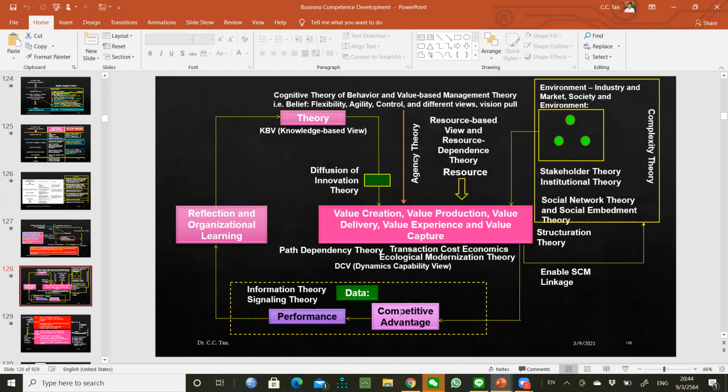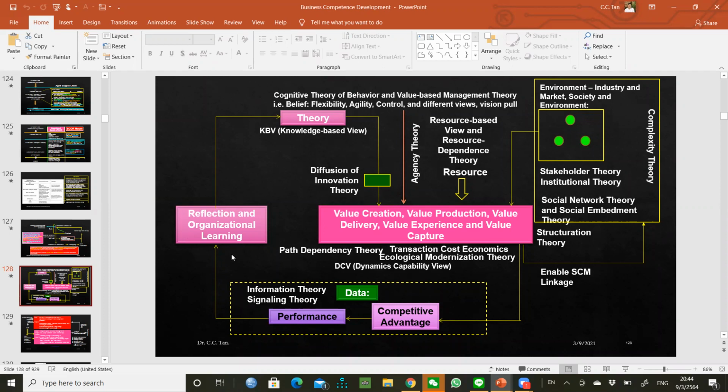Again, that is obviously a competitive strategy issue. So this induction, deduction, and B-test types of processes and competencies really are competitive strategy, right? And so the competitive advantages also show how competitive you are. It turns into data, and so you have to pick up those signals and data of performances. And again, using information theory signaling, you can design how you can visualize those data, information, and knowledge, and then you reflect on it in organizational learning.